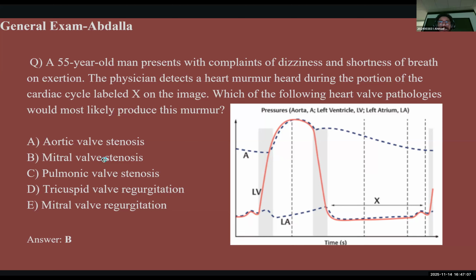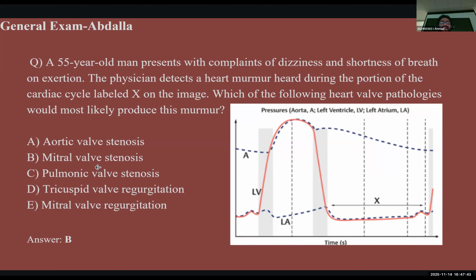Oh, by the way, keep this in mind. This is something that Dr. Simon would low-key do, but I don't know if Dr. Mooney would be this evil. Since this is a cardiac graph where they're talking about the left ventricle and left atrium, the answer is mitral valve. The ASMR rule for systolic and ARMS for diastolic also applies to the right side of the heart. We're talking about tricuspid valve and pulmonic valves. So Dr. Simon would low-key put this question and mention the murmur is on the right side. I expect you to answer mitral valve stenosis. They expect you to say tricuspid valve rather than mitral.